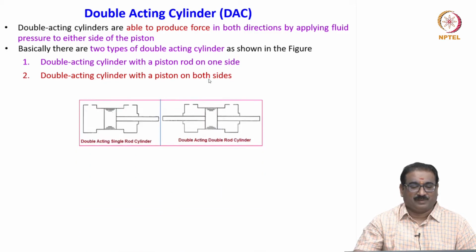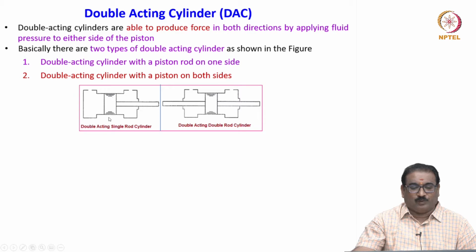Different rod diameters are also available commercially in the market. You will see here what I have shown you in the figure, it is a single rod, only a single rod. These are the entry and exit. Sometimes this is an entry, it will push the thing here, whatever the fluid is there, it will go here, that time it is an exit. When you want to return back, it is an entry and this is exit. That is why I am writing in all the figures entry exit ports, okay, based on the movement of the piston and piston rods.